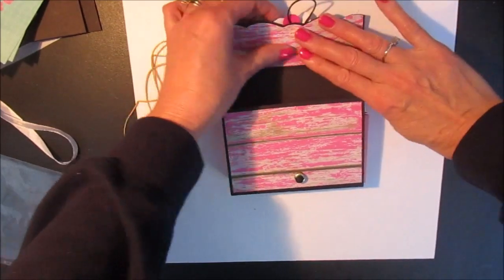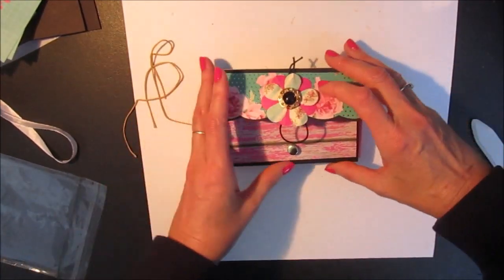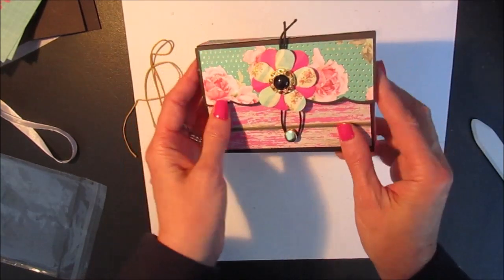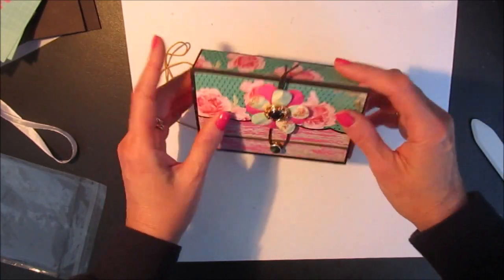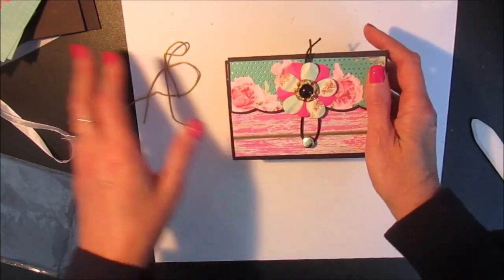And here is my completed accordion folder box. So now if you wanted to, you could take just some recipe cards and trim them down to size and include them in there if you wanted to make a little recipe gift box. But I'm going to make the journal,